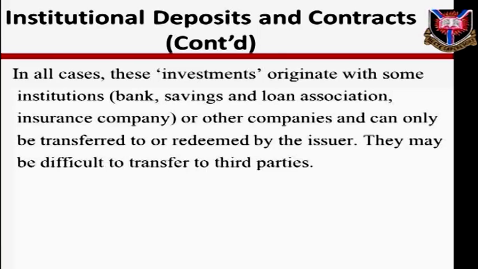Employees' contributions to a pension fund, organized in anticipation of retirement, is another form of contractual savings and hence a financial asset. Employees who contribute to a pension fund can usually withdraw their contributions if they leave the company before retirement. Upon retirement, however, the employee receives a pension supported partly by his own and his employer's contributions. Leaving the company before retirement does not usually entitle the employee to the shares contributed by his employer.